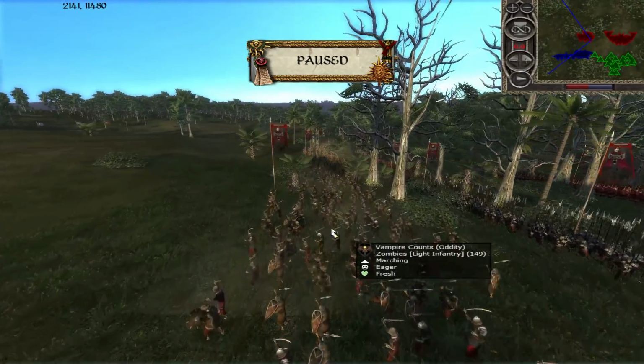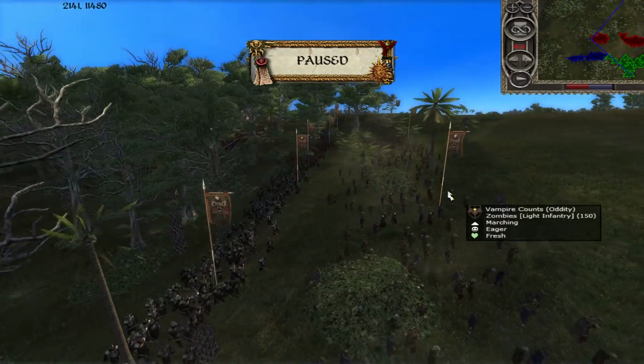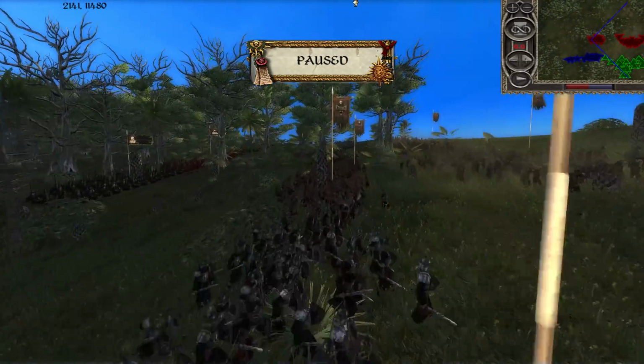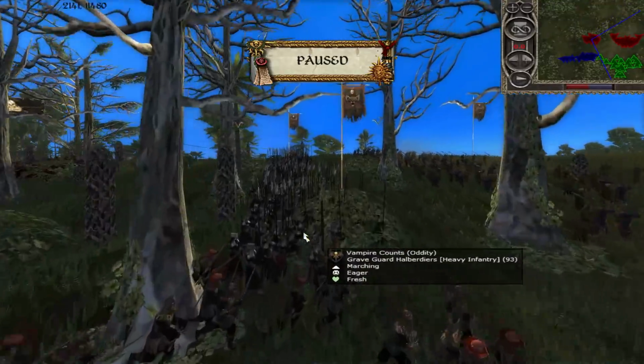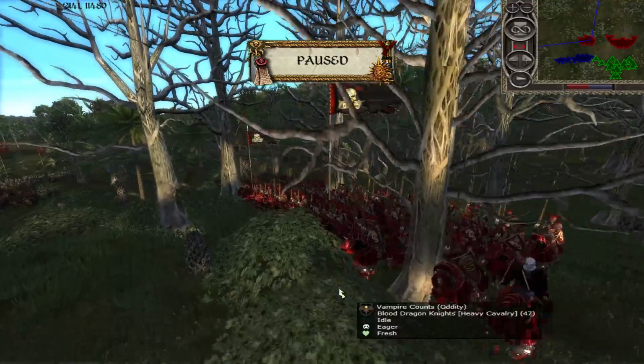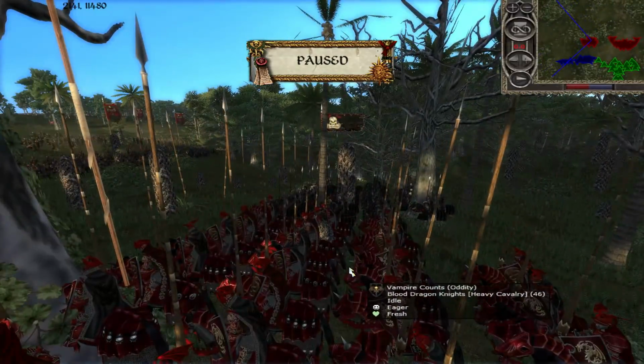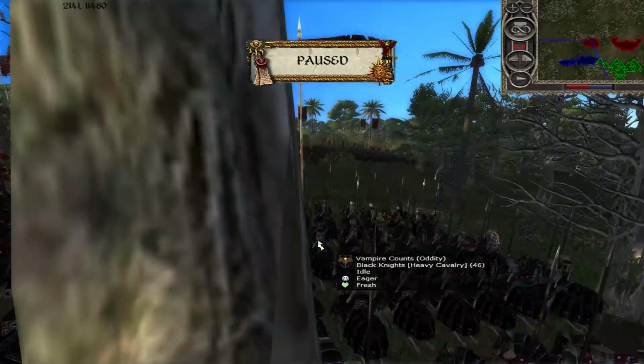Over here for Oddity's army, he has a very long line of zombies in front. I think in total he has 3 units of zombies. He's got a couple units of Graveguard, a unit of Drakenhof Guard, and then a couple units of Graveguard Halberdiers. And then in the back is going to be where his money really went. He's got 2 units of Blood Dragon Knights, which is absurdly expensive, and then he has a unit of Black